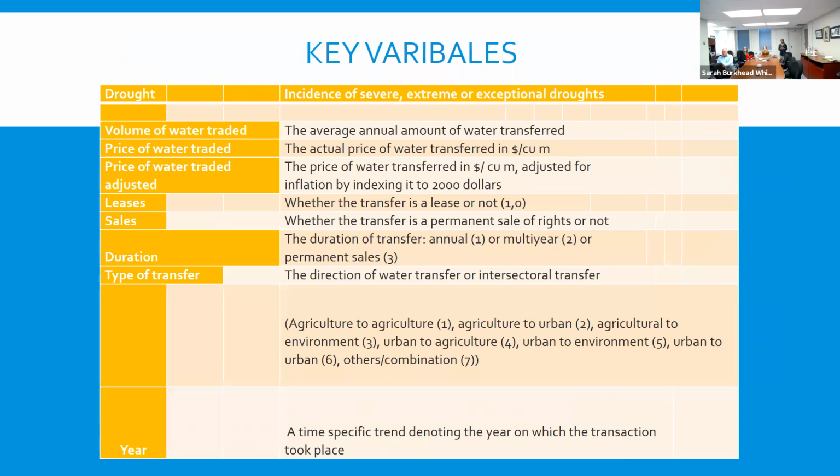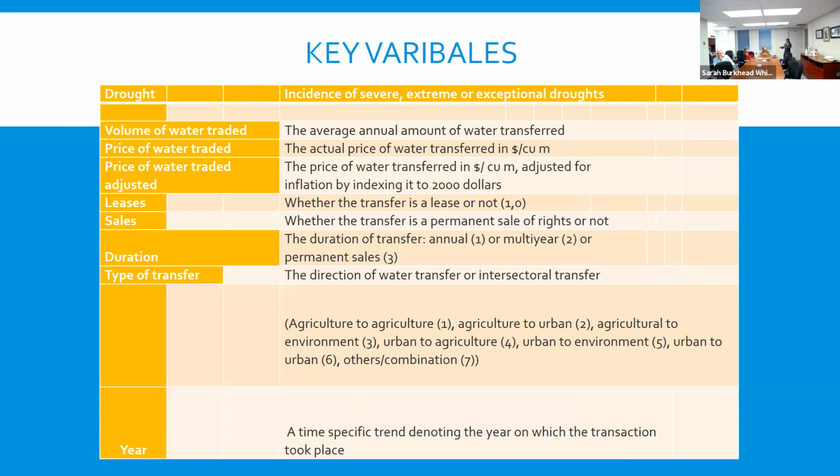I will not describe everything in detail, but you can see this variable depicts whether the transfer is a lease or not. As I said, it is a dummy variable: 1 signifies a lease, 0 signifies a sale. Now again, for leases, I had to classify them into 3 categories, including the sales. Leases are not just 1 year. I worked in Idaho for a while, and there I used to see that water banking is very popular, and leasing of water is very popular.